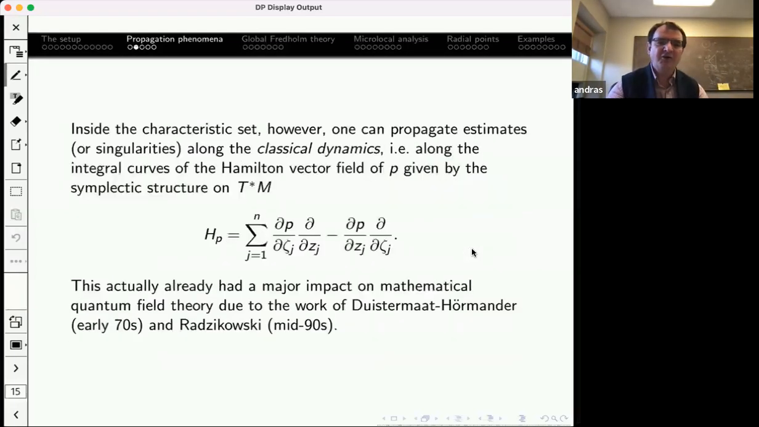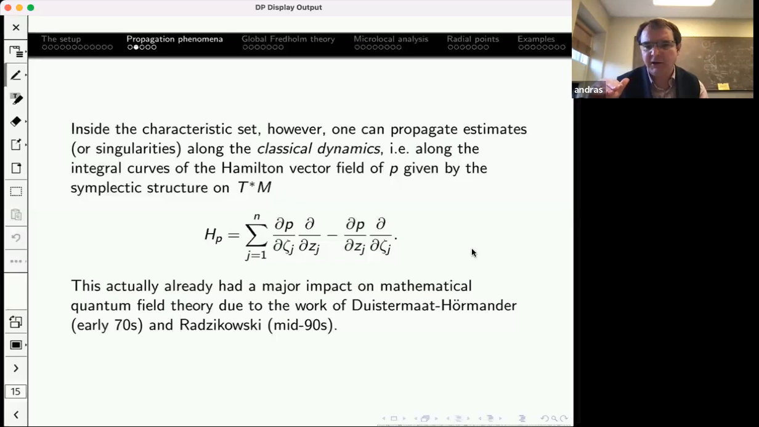All right. So then we go to the characteristic set, the energy shell. There, what happens is that you can propagate estimates, or equivalently singularities. Singularities are described by exactly high frequency behavior along the classical dynamics. So what's the classical dynamics? You take the integral curves of the Hamilton vector field of this principal symbol. So use the symplectic structure on phase space to turn this function p, or really its differential dp,